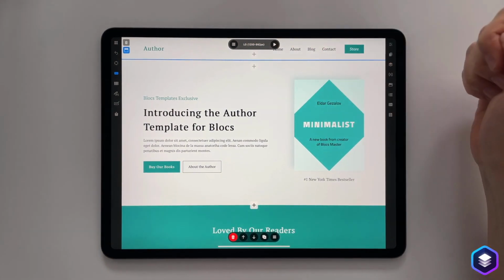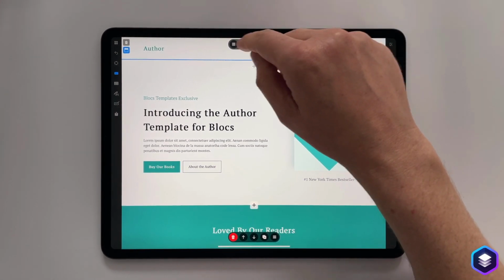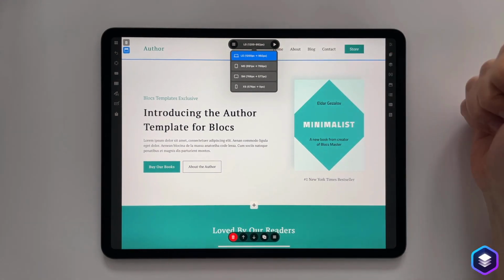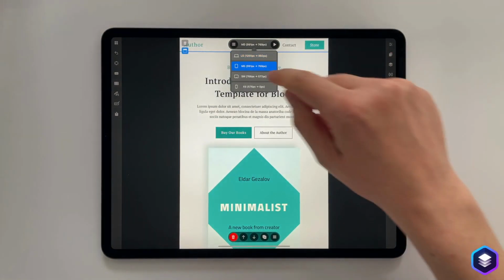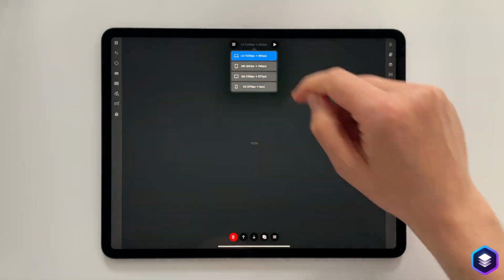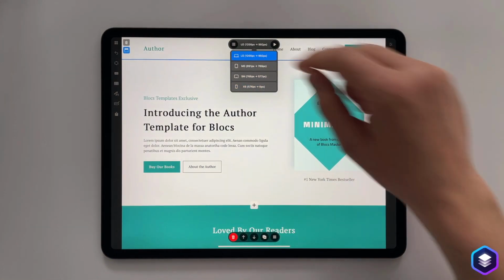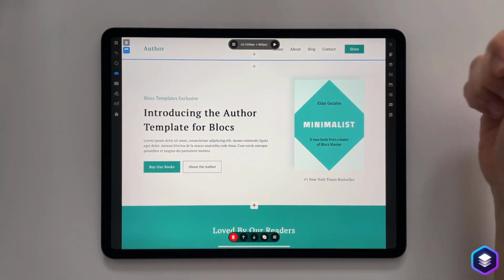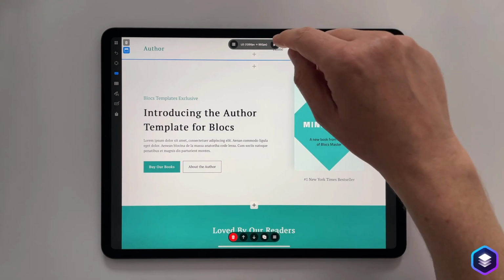If I return to this top menu and touch the LG text there, it gives me the list of breakpoints. So I can now switch between breakpoints quite easily. I'm sure everybody's familiar with that if you've used Blocks. And finally, we have the play button, which of course leads us to preview mode.